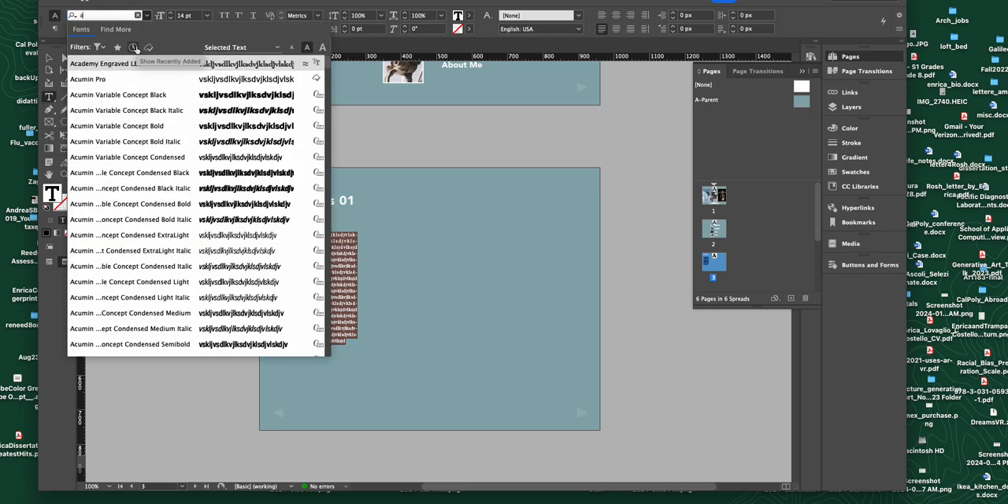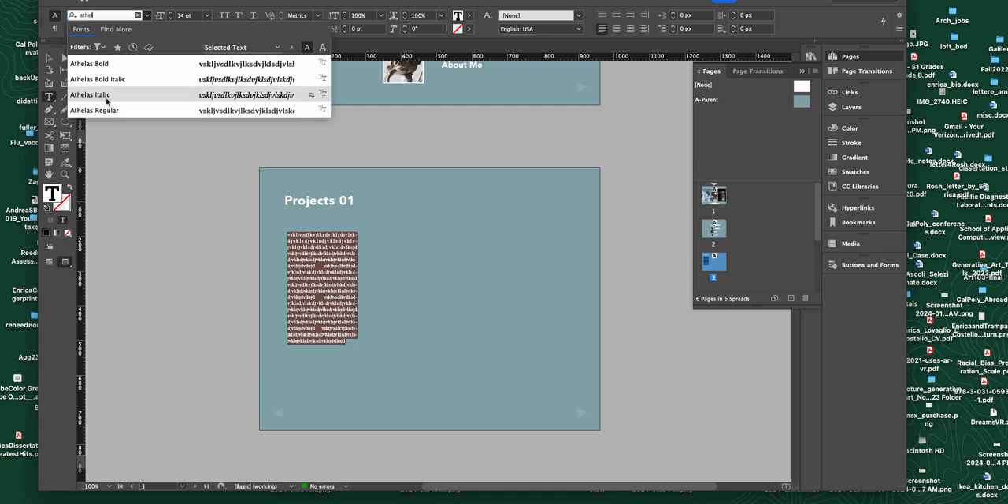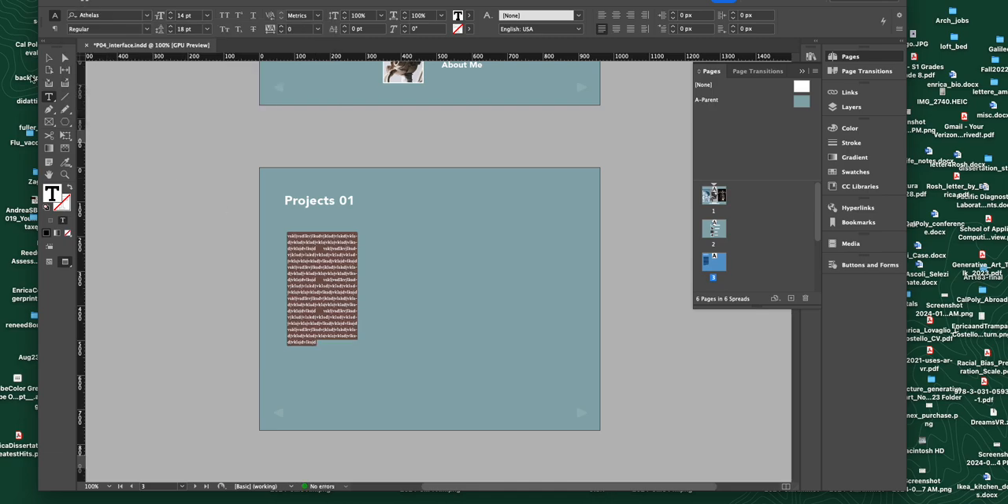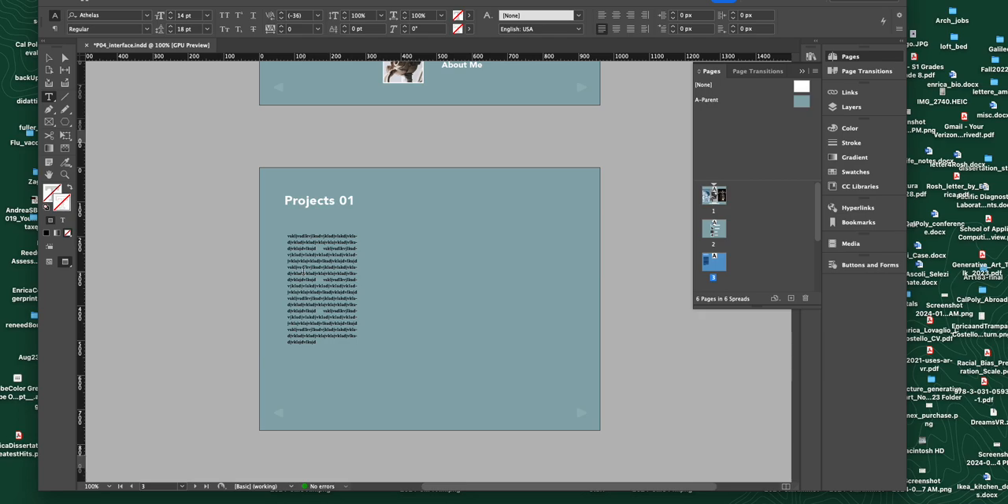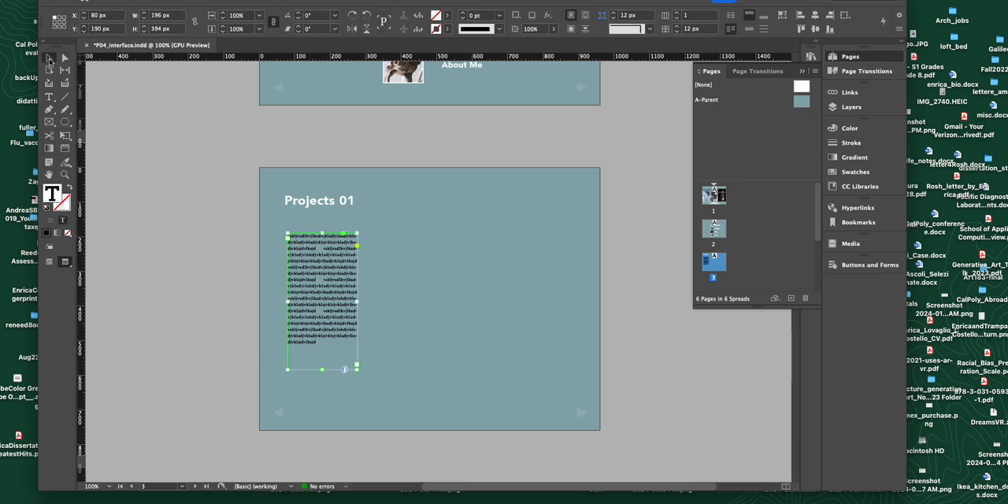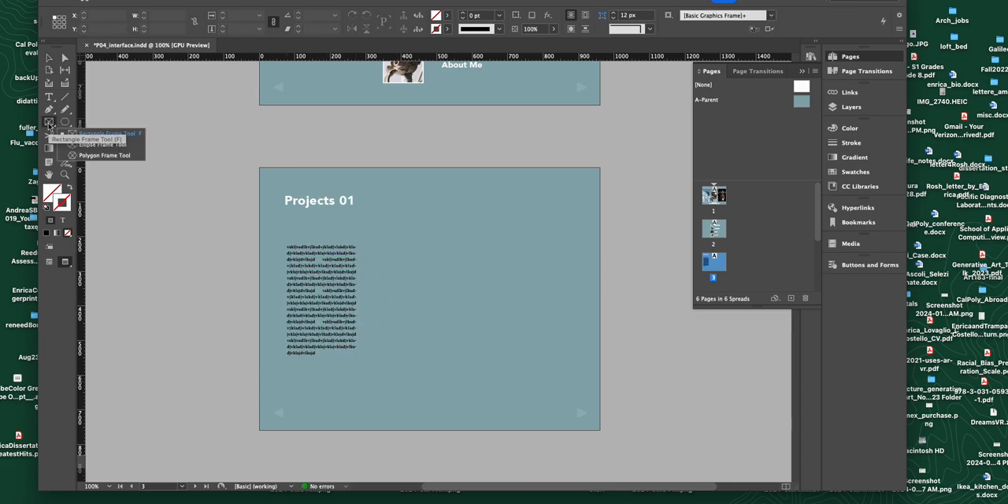Remember, let me actually use Athelas. That is a little bit easier to read. It's a nice, easy font to read. And you can make it whatever color. So imagine that project one has, like every project has, a text and then a series of images. So one image might be like the original sketch, and the second image,